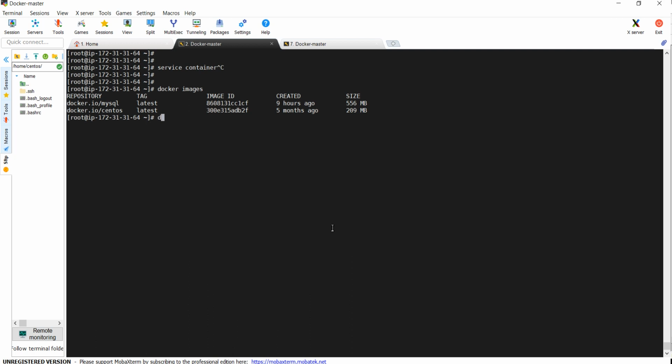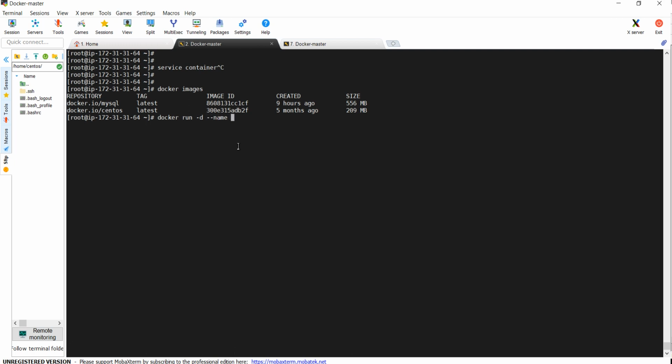So we are launching a MySQL container, a service container. Docker run command, sorry. Docker run hyphen d for daemon, or we can say detach mode. The container can be run in detach mode because they have their own daemon available with them.